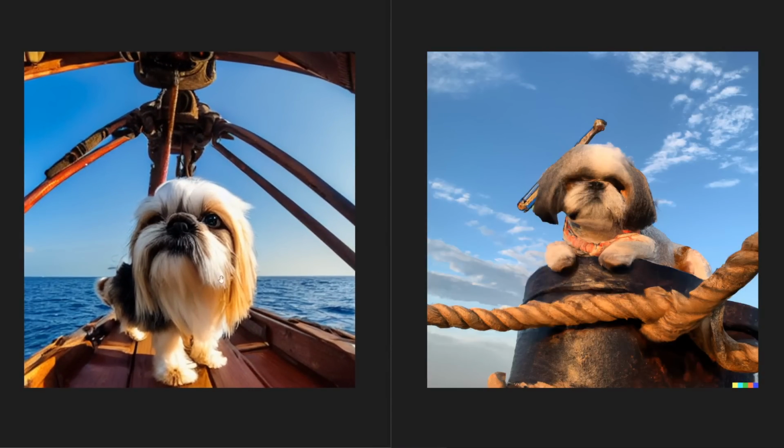This one's actually, again, a very creative variation here from Stable Diffusion. It's actually like a wide angle image, but it's still low angle. Definitely the Shih Tzu breed on a pirate ship in the middle of the ocean. And here, we've definitely got, again, a low angle photo of a Shih Tzu, but it's making everything really fuzzy and clay looking almost here in Dall-E 2's image. It's definitely the same breed of the dog, but we've got this weird artifact here. And it's just a worse image, I think, in general here for Dall-E 2, although it's still very coherent and very nice. I think that Stable Diffusion's imagery was a little bit better.